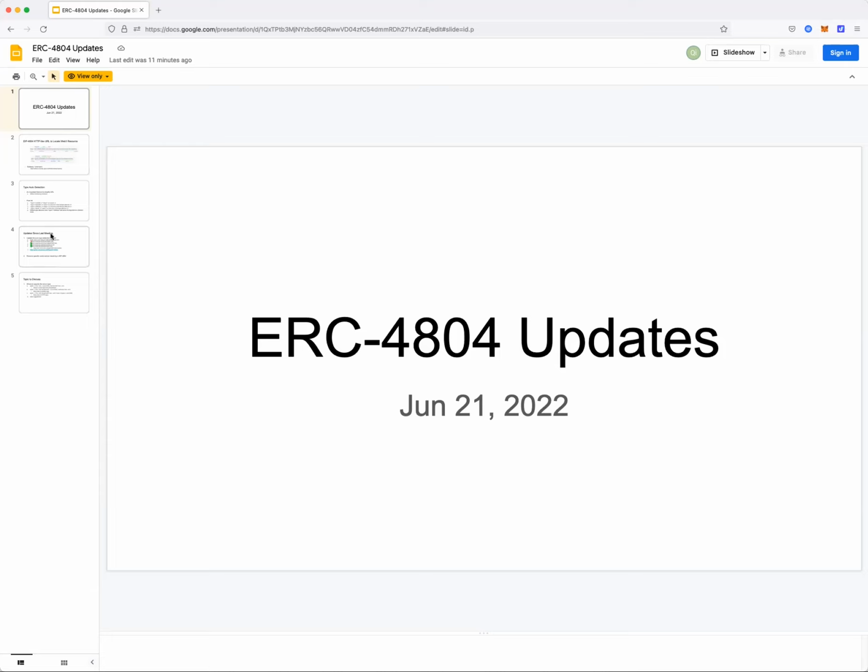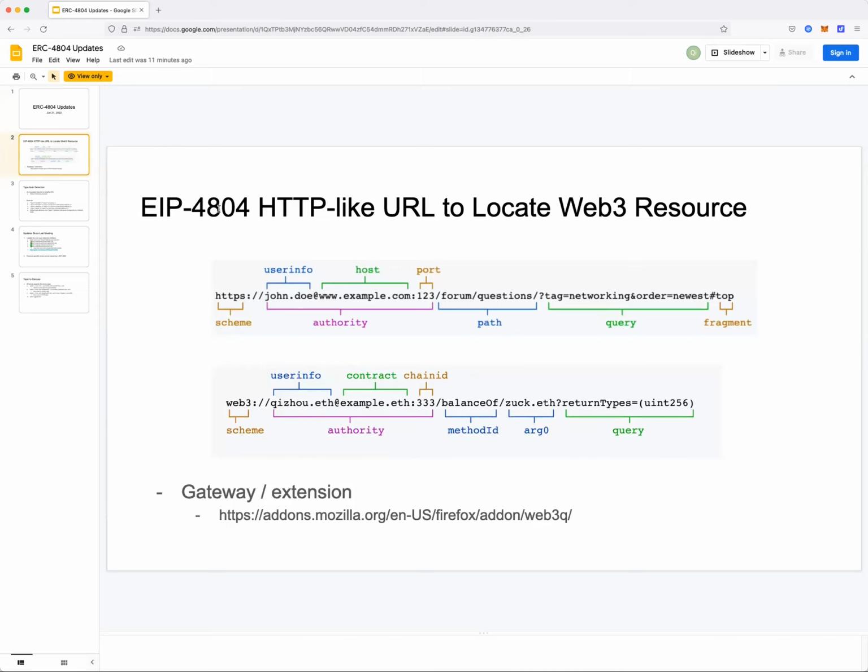So today I just prepared a few slides to tell what it's going to do, what some comments we had last time, how we fixed them, and what the remaining topics are that we want to discuss, and then also open for suggestions and comments on how we're able to address those concerns. So what is EIP 4804?